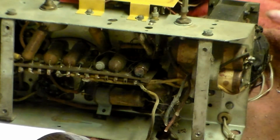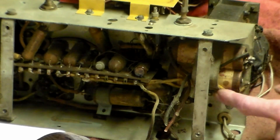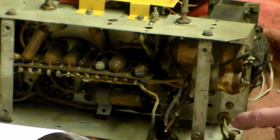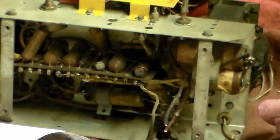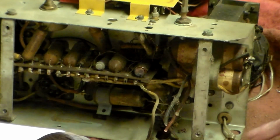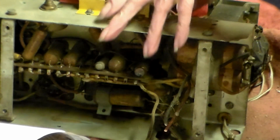There you go. So they're out of the way now, and these two here might be faulty as well. So with a set this old, I would replace these on site. Even before you plug it in, replace these on site. At this point, therefore, now,